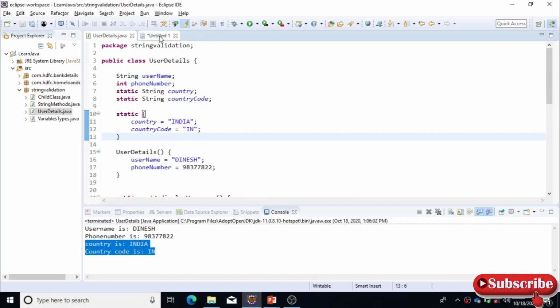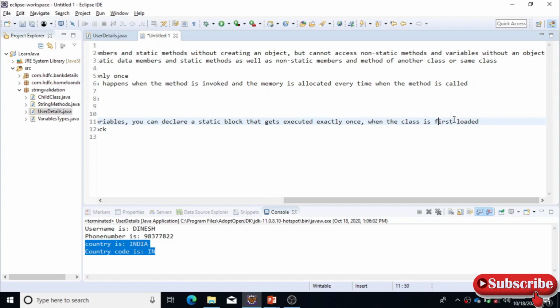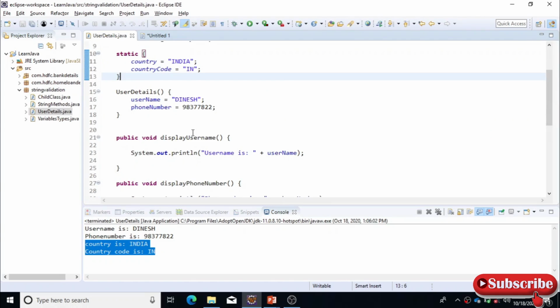The other thing I told you is that this is also initialized during the class load and gets stored in the class area. For that, let me give an example.